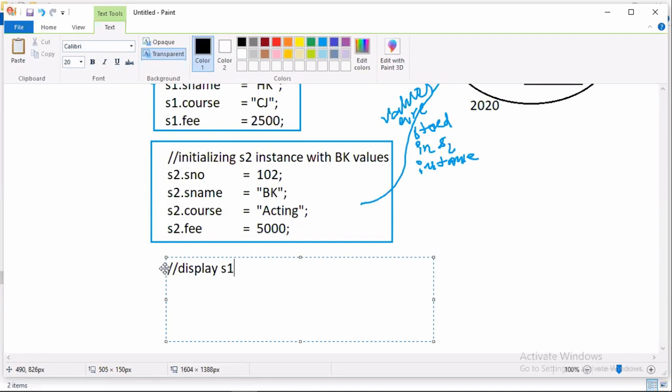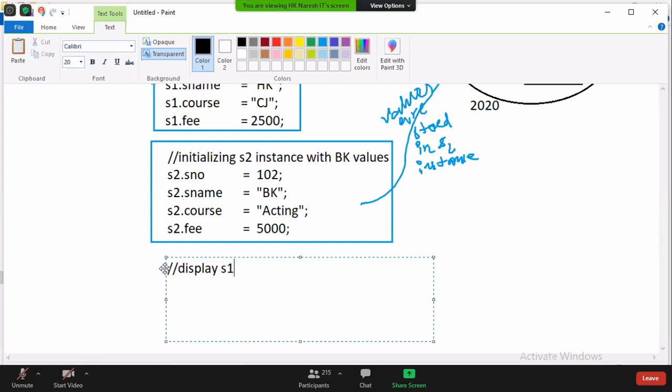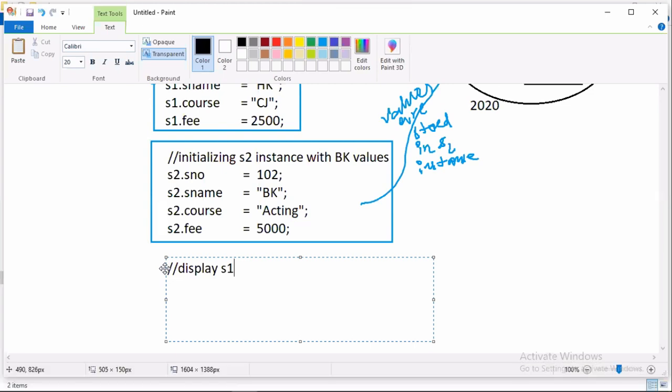Now we must call it the S1 instance, S1 object. Already the values are available, so the instance is converted into an object here. When a butterfly is born the first time, it is called a caterpillar.